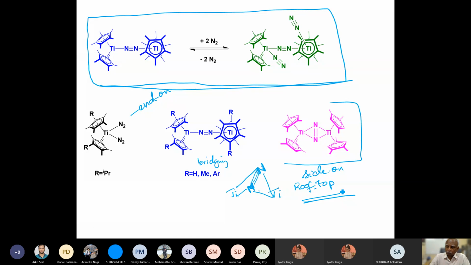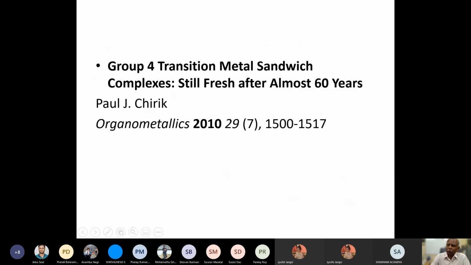So this paper was... but there are other transition metals, including, I think, lanthanides and actinides that people have made as well. So with this, I'm going to shift to another presentation.